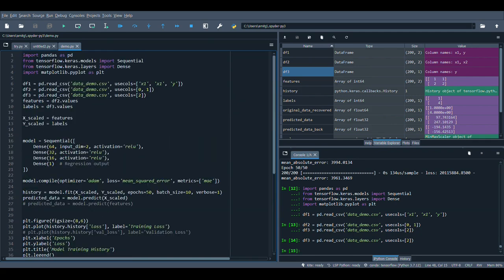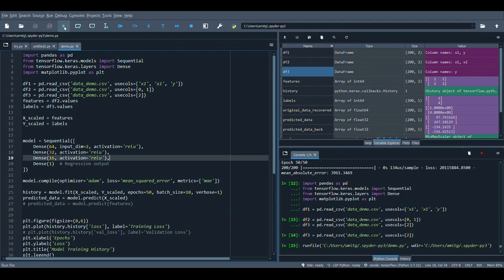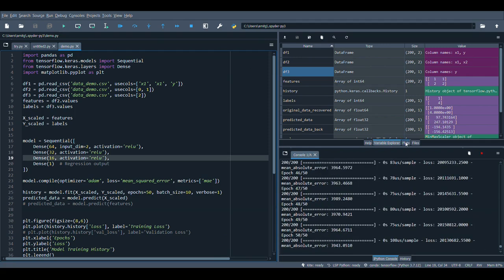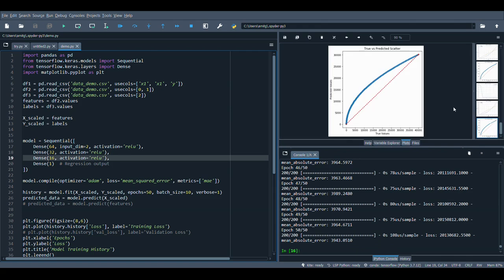I am using a very small epoch size of 50, and when you increase the number of iterations it takes more time, but it becomes more accurate. So I run this model. So what happens when I run this model? Some outputs will appear. First output is